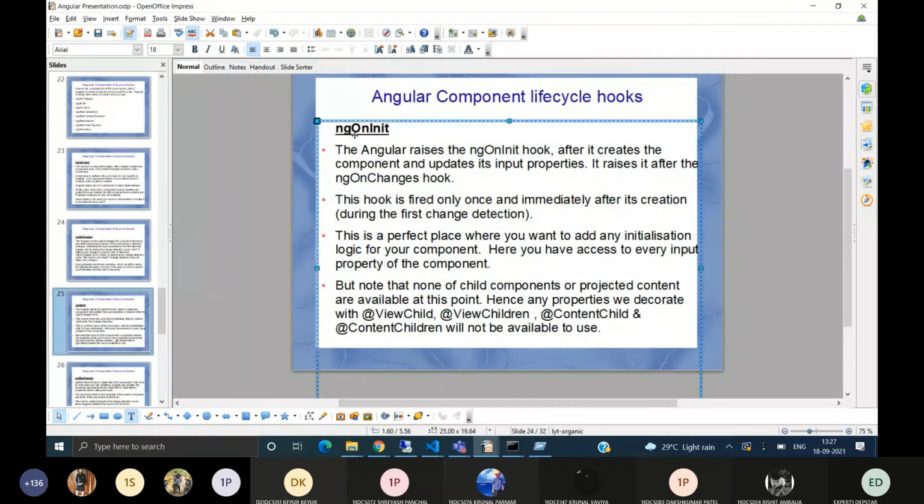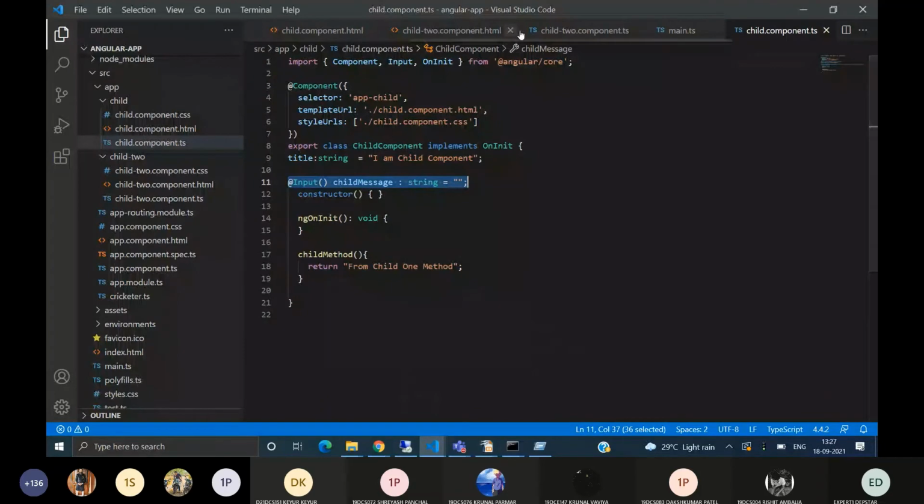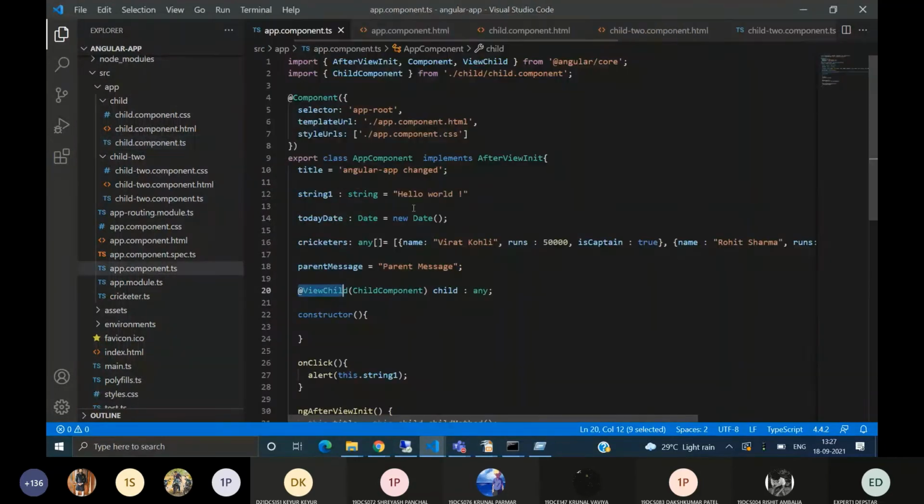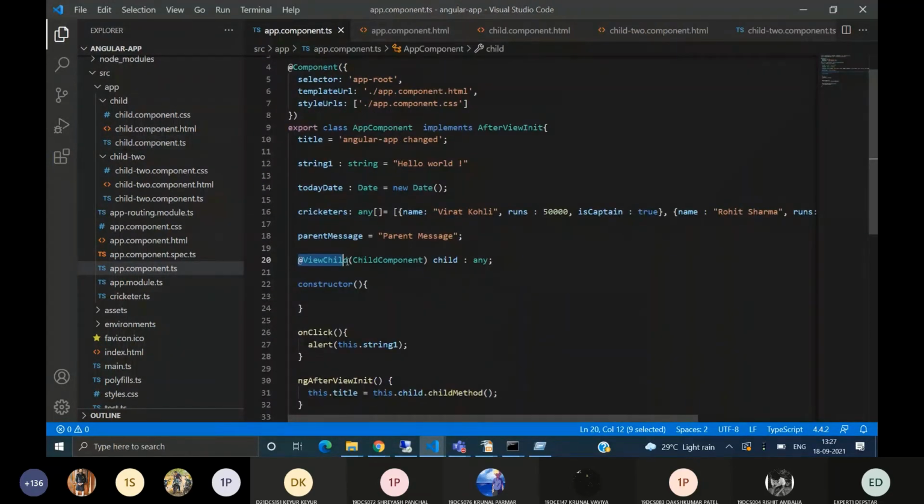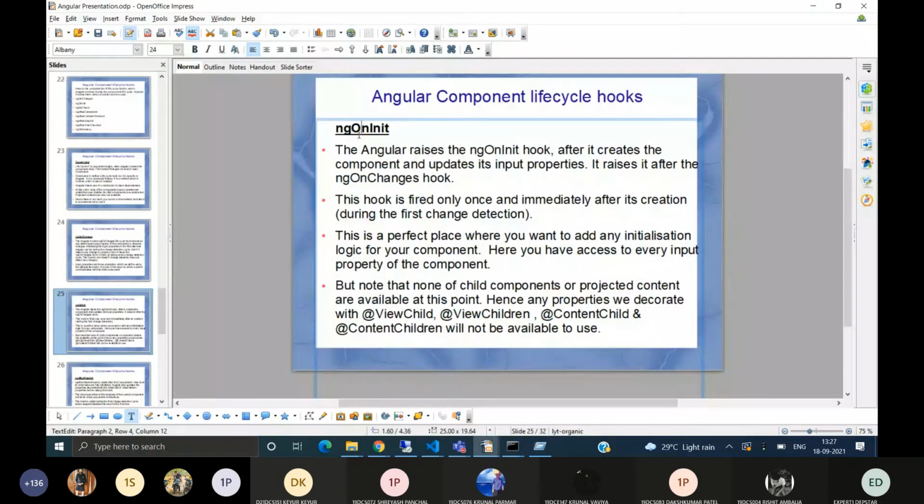Then ngOnInit. This is for initialization. This loads only one time. Angular raises the ngOnInit hook after it creates the component and updates its input properties. It raises it after the ngOnChanges hook. If a component has no input decorator, then ngOnInit will be called first.